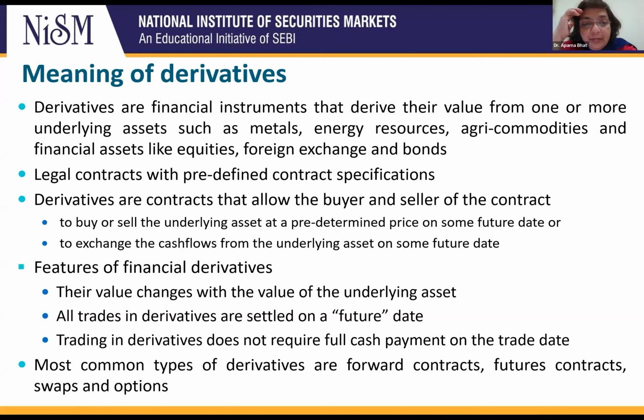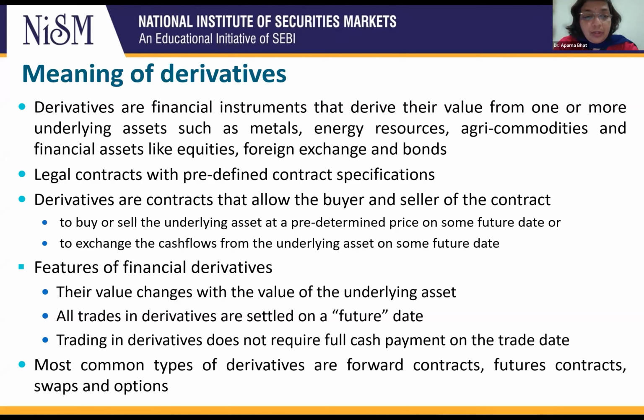Derivatives are also contracts. There are two kinds of derivatives which we are going to look at. The first kind is the exchange traded derivatives, and the second are the derivatives which are traded on the OTC market. In case of exchange traded derivatives, what do you mean by contract specifications? All the clauses, the terms and conditions in the contract. These contract specifications are decided by the exchange on which the derivatives are going to be traded. But these are all legal contracts.